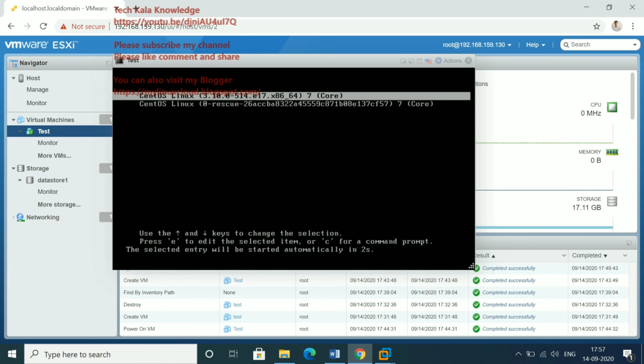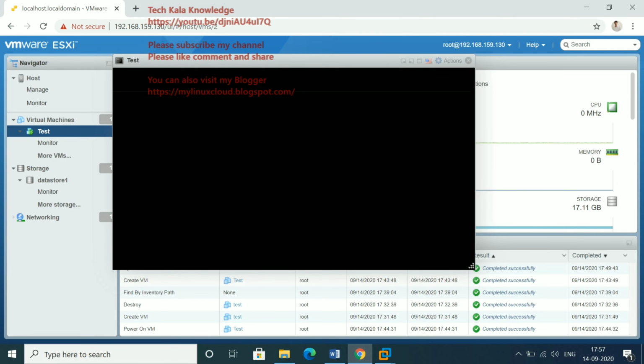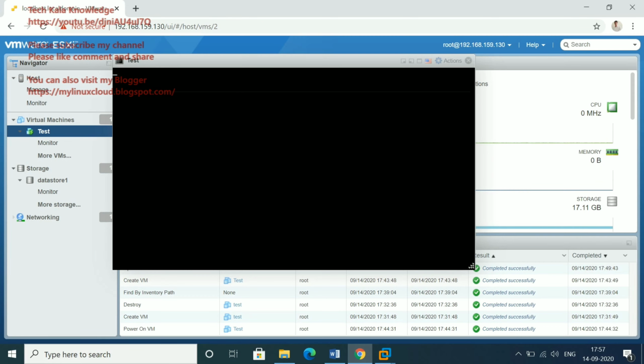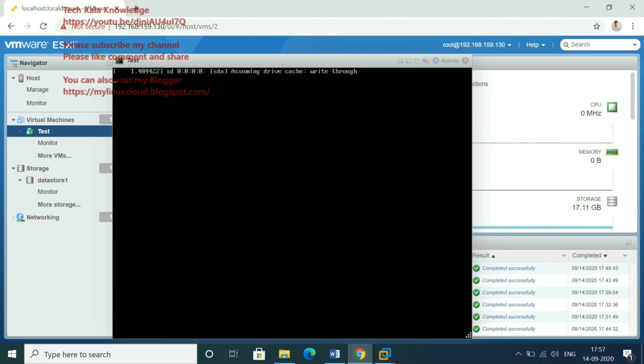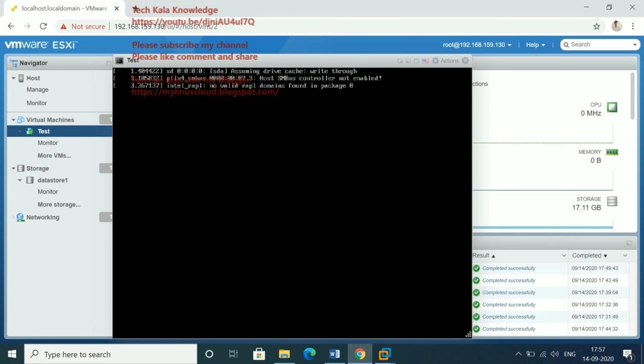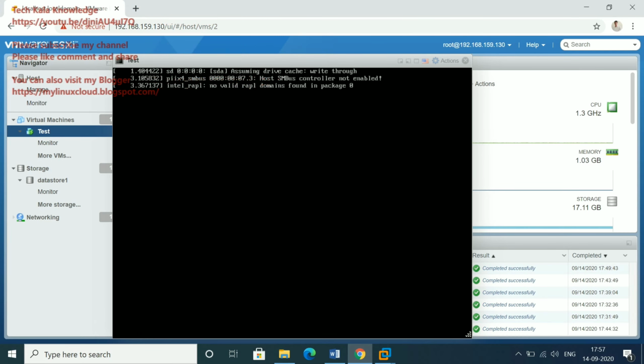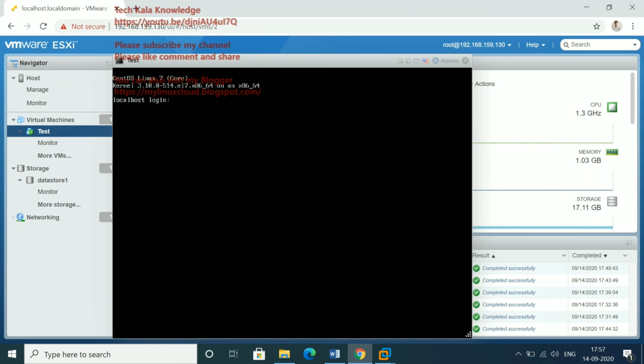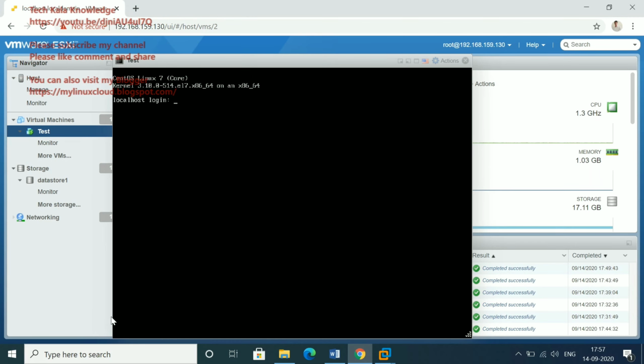You can see the machine is now ready. It's CentOS, and the kernel is loading. Now you are getting a login prompt.